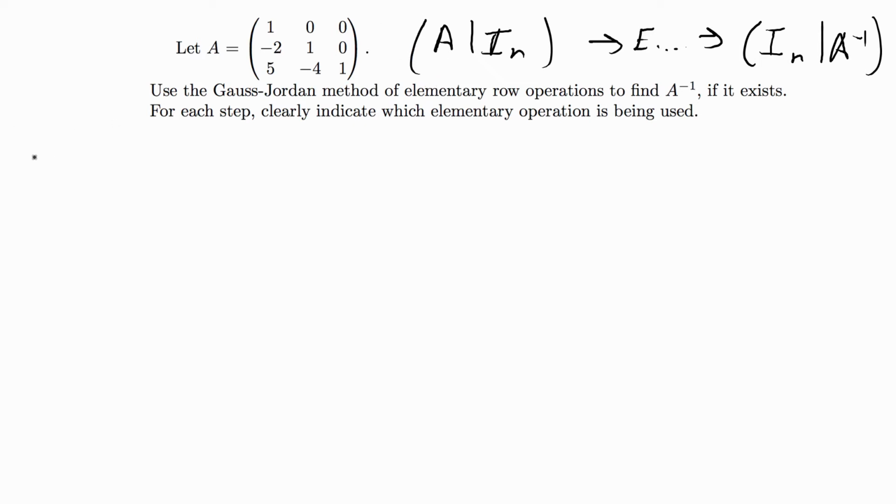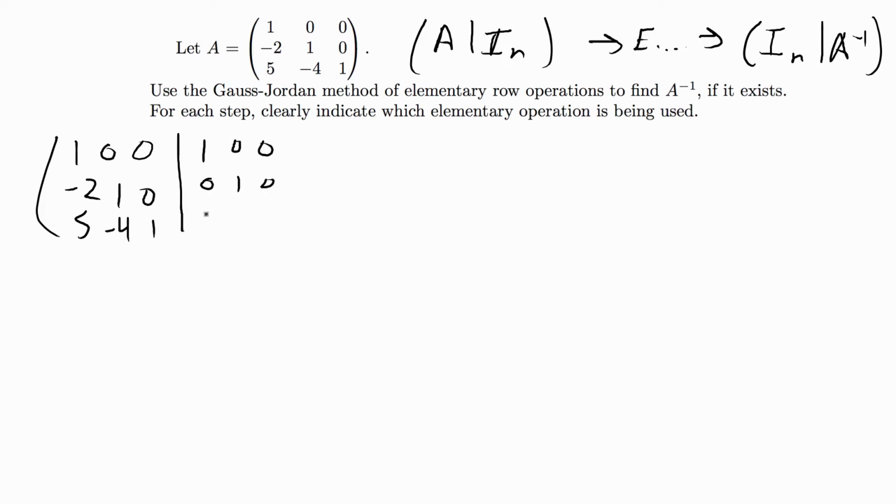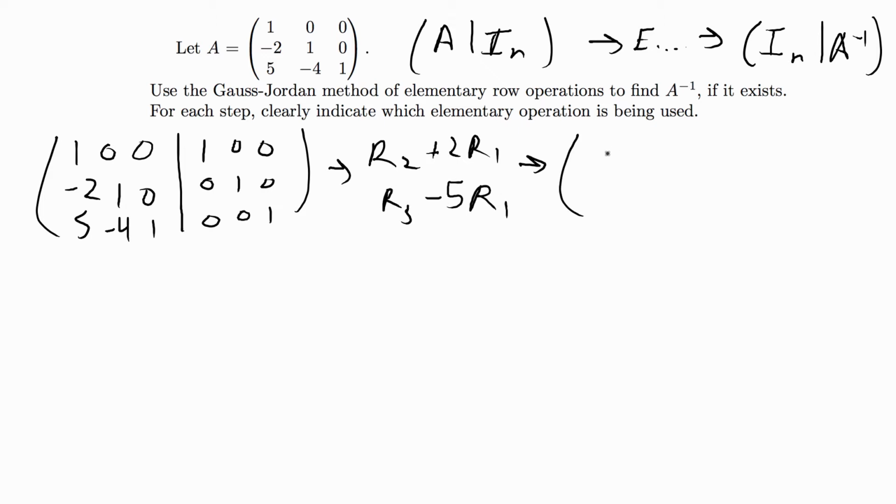So I'm going to rewrite the matrix as an augmented matrix. So 1, 0, 0, negative 2, 1, 0, 5, negative 4, 1, and then the identity 1, 0, 0, 0, 1, 0, 0, 0, 1. The first row operation I did was R2 plus 2R1, and then I also did R3 minus 5R1. And that gives me 1, 0, 0, 0, 1, 0, 0, negative 4, 1, 1, 0, 0, 2, 1, 0,